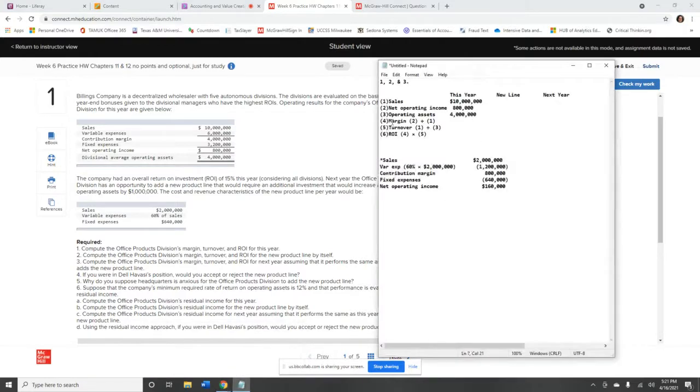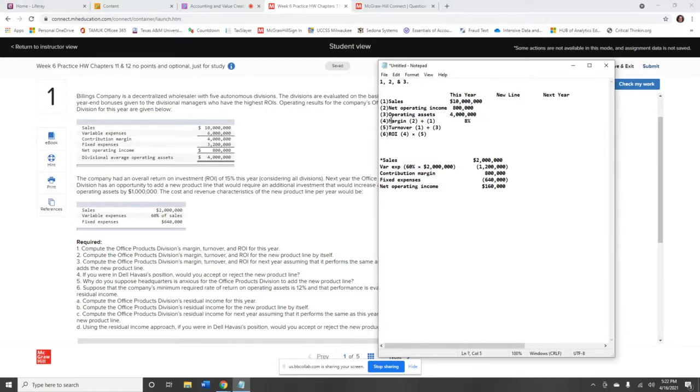All right, so we're calculating our margin now, which is net operating income divided by our sales. So 800,000 divided by 10 million is equal to 0.08 or 8%, right? Okay, so then turnover, so we take this 10 million, right, our sales, and divide it by